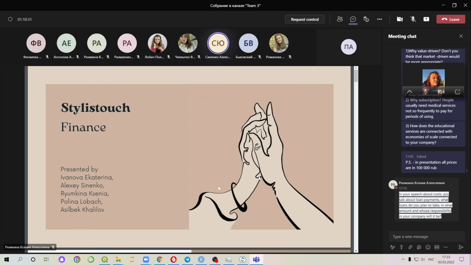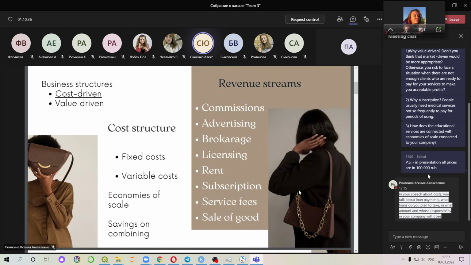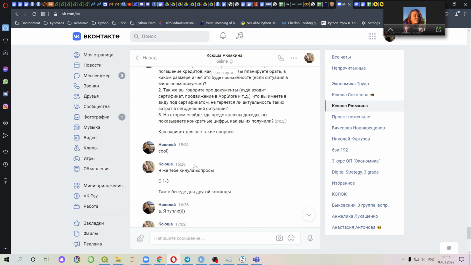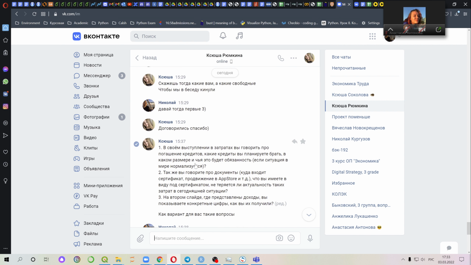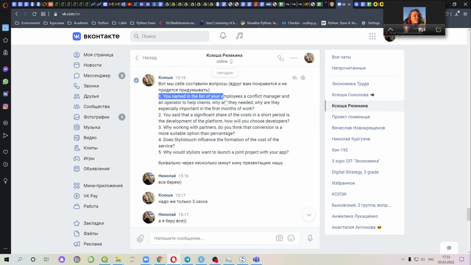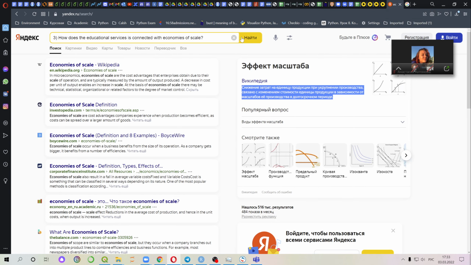Good afternoon. We are pleased to present to your attention the following part of our analysis. Let's draw attention to the finance that includes cost structure and revenue streams. As for cost, this section of a business model characterizes the expenses incurred by the company when creating a product. According to the cost, we can divide business structures into two classes. The first is cost-driven. This type applies to companies that try to reduce costs as much as possible: the creation of a product offer at a low price, maximum automation of processes.